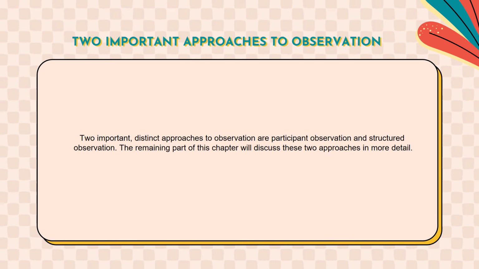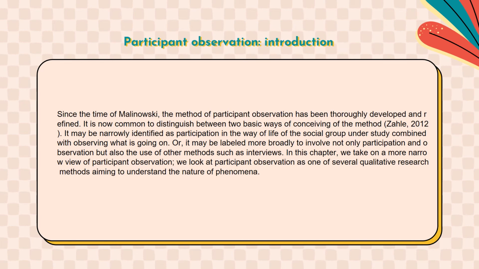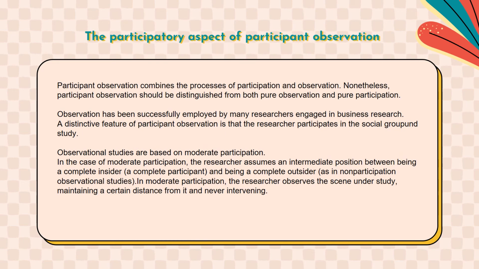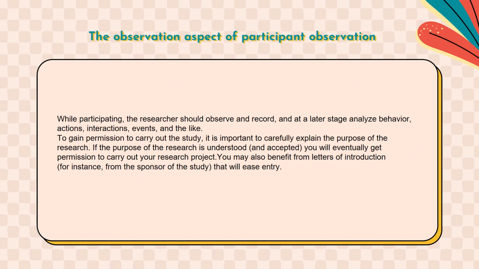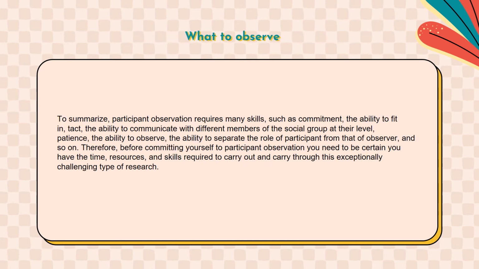Two important approaches to observation. Two important distinct approaches to observation are unstructured and structured observation, the remaining mandatory aspect of the observation. This aspect of observation will participate in the research of participant and record to summarize